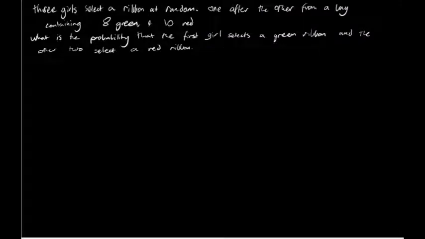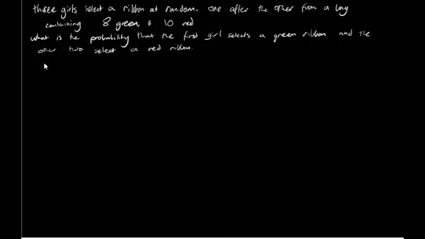So looking at question 2 or part 2, we've got 3 girls selecting a ribbon at random out of a bag, one after the other. The bag contains 8 green and 10 red. So we want to find the probability of the first girl selecting a green ribbon and then the other 2 selecting a red